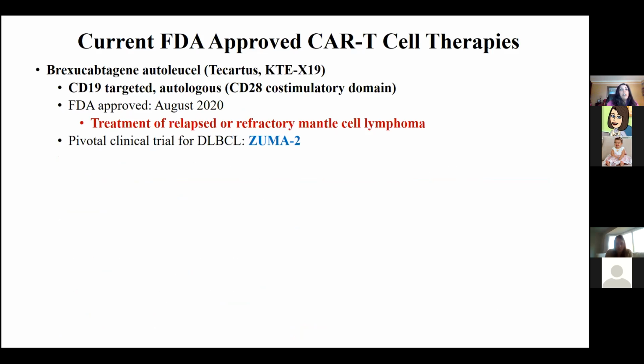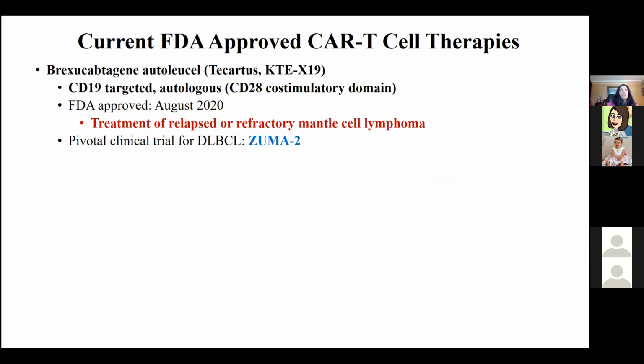The most recent FDA-approved CAR T-cell therapy is one called brexucabtagene autoleucel, or Tecartus. This is also manufactured by Kite Gilead, which also manufactures Yescarta. It is a CD19 targeted autologous CAR T-cell, also has a CD28 domain. The only way it is different from the drug I just mentioned, Yescarta, is that the manufacturing process is slightly